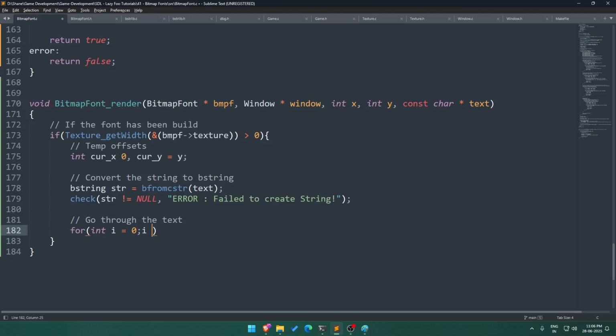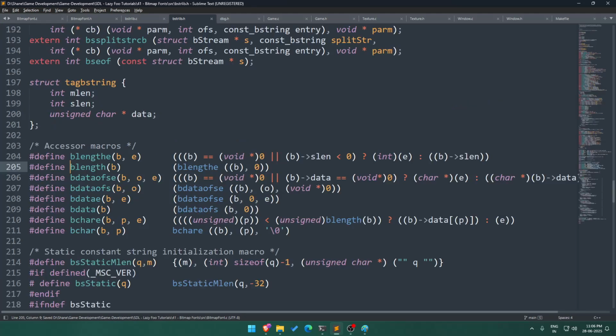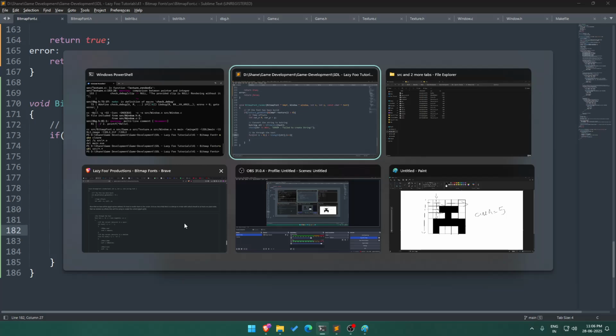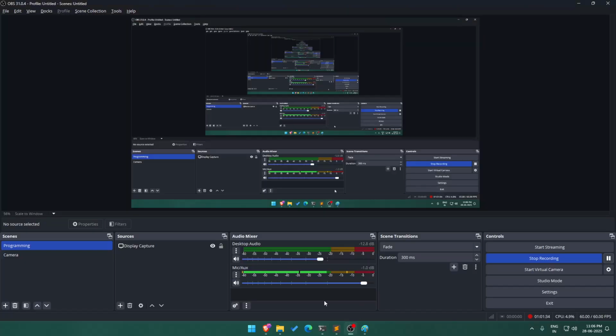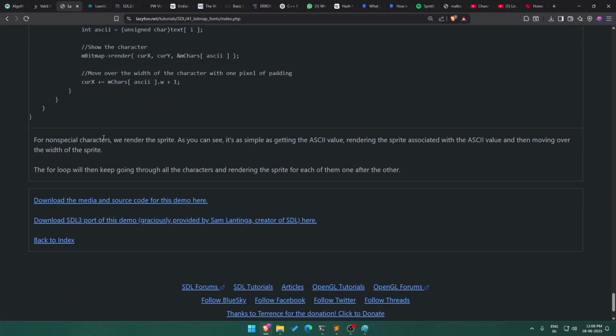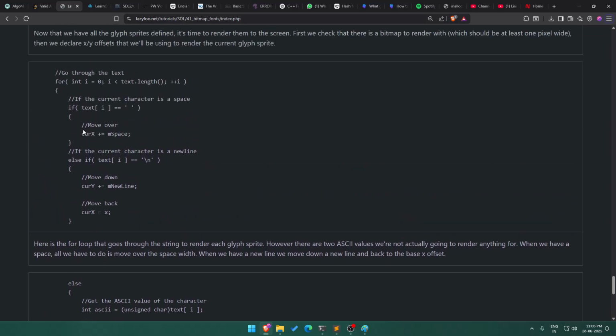Okay, i should be less than blength of str and i plus plus, right? Then okay, I think I'm almost done. Okay, I'm mindlessly typing. I am just going to mindlessly type. Okay, if current char is a space,